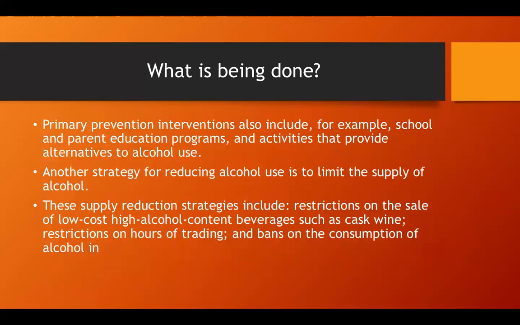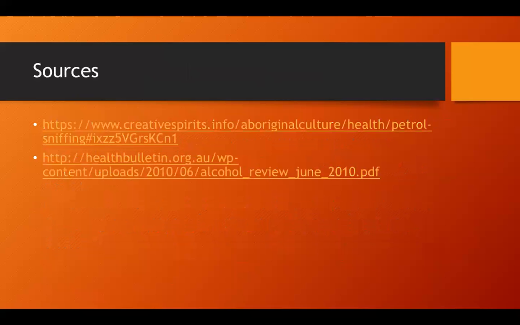Restrictions on hours of trading. So under New South Wales law, after 10:30, no alcohol should be sold as takeaway. So that means for pubs and clubs, people that purchase alcohol at their venue won't be able to walk out the door with it. And also for bottle shops, their trading hours are limited until 10:30 p.m. And bans on consumption of alcohol in public places. So that means drinking in public. So there's stricter laws now, and I know in America they actually have very strict laws when it comes to drinking in public. Guys, that's just a few sources, but most of my sources are actually on my worksheet.